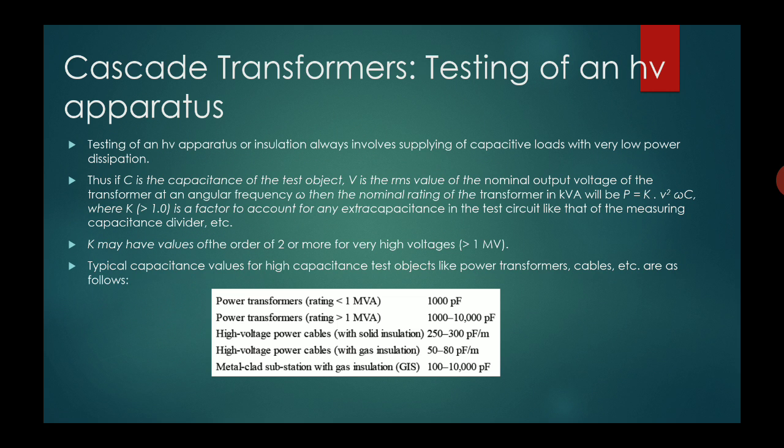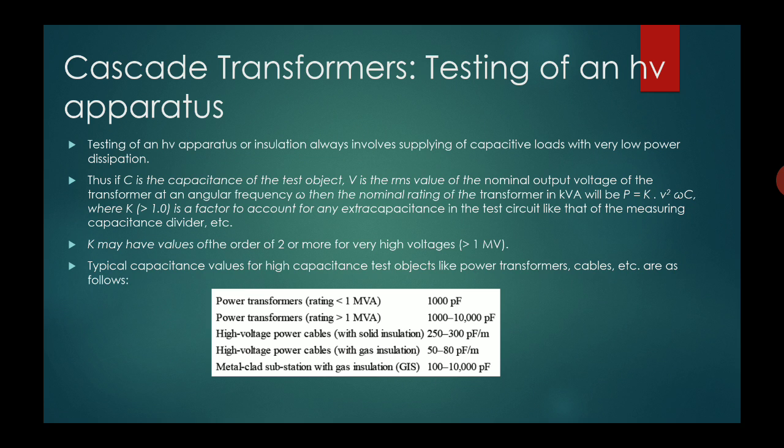Now we'll talk about testing of high voltage apparatus using cascade transformers. Testing of a high voltage apparatus or insulation always involves supply of capacitive loads with a very low power dissipation. If C is the capacitance of the test object and V is the RMS value of the nominal output voltage of the transformer at an angular frequency of omega, then the nominal rating of the transformer in kVA will be